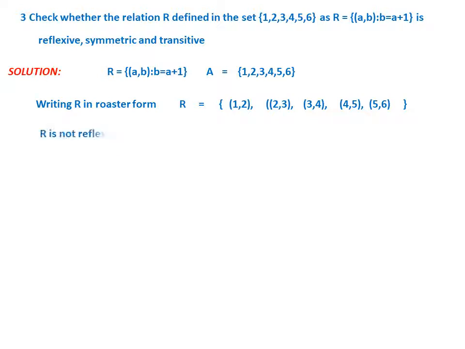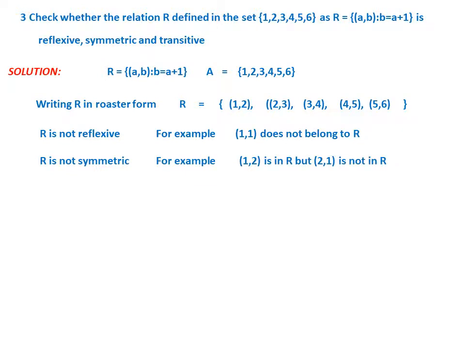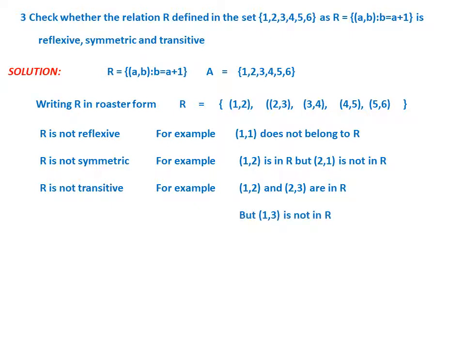You yourself can decide whether it is reflexive. No, it is not reflexive. For example, (1, 1) does not belong to R. Is it symmetric? For example, you can check (1, 2) belongs to R, but (2, 1) does not belong to R. What about transitivity? R is not transitive, because you can check like this. For example, (1, 2) is there and (2, 3) is there, but (1, 3) is not there. Therefore, definitely it is not transitive. So it's a very good example once again where a relation is neither reflexive nor symmetric nor transitive.